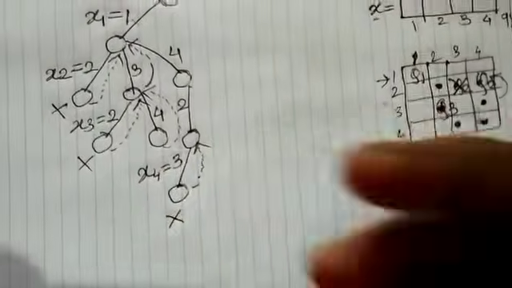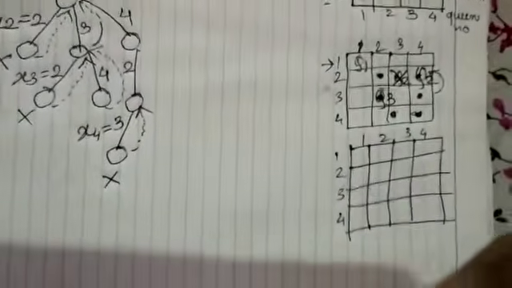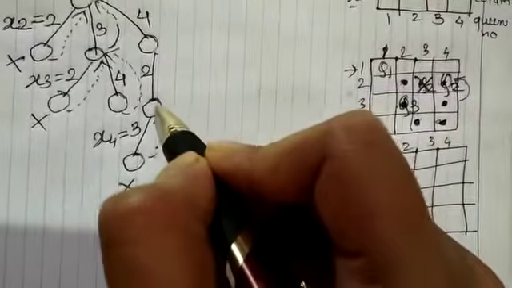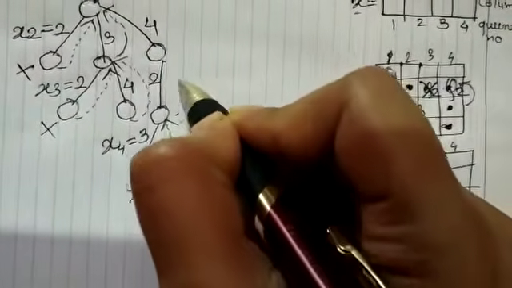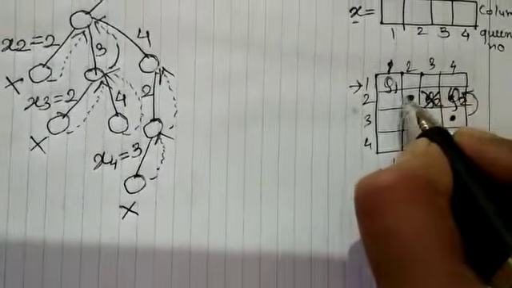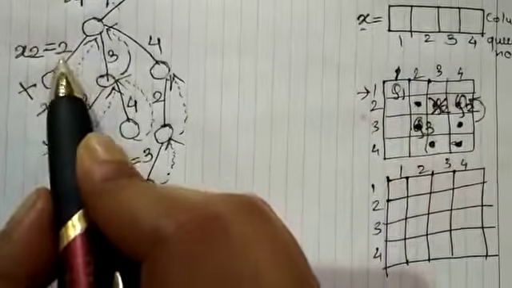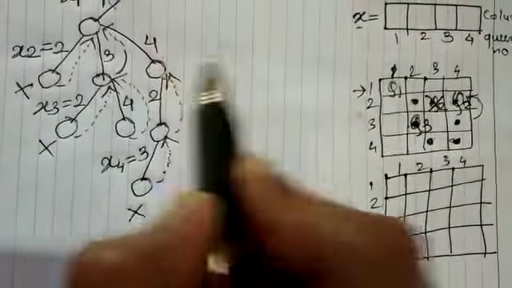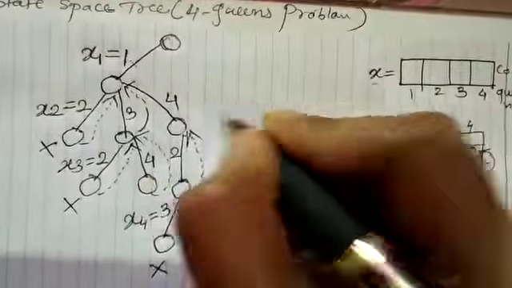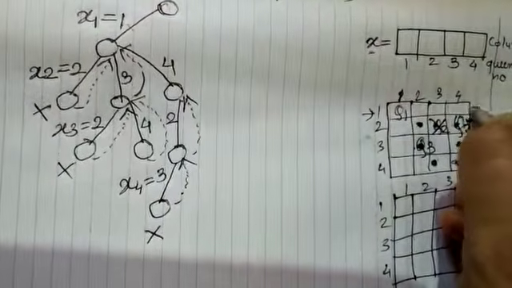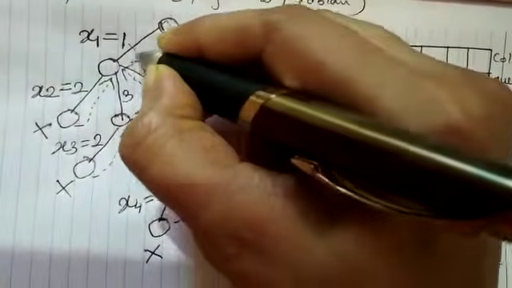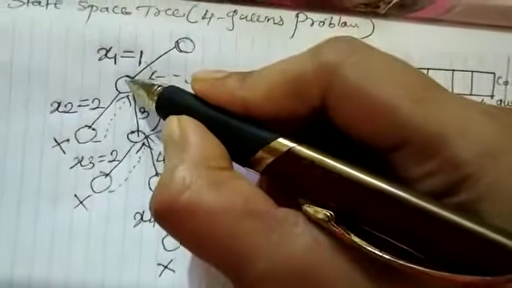What was the previous? Previously we have placed queen 3. As it is not taking us to the right solution, go back to the previous, and previous means q2. For q2 we have tried all the options. We have tried second column, third column, fourth column, but we could not find the right solution. So we have to backtrack to the previously placed queen. In this case I am going to backtrack to queen 1.